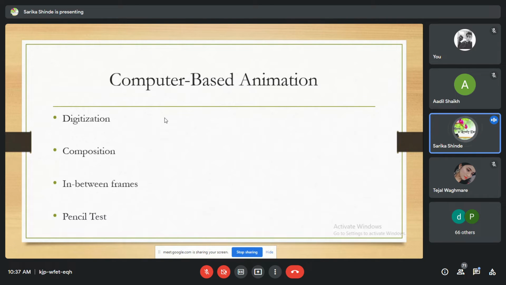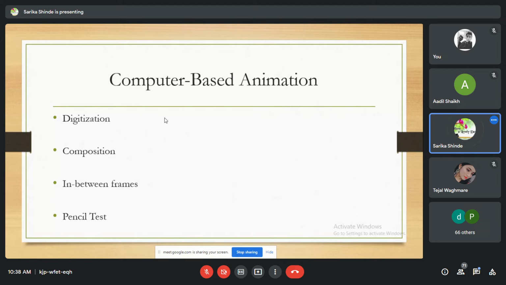Now, next is in between frames. In this step, successive keyframes are interpolated to generate in between frames. Depending upon the frame rate of the video, a number of frames are generated. A normal frame rate in a video is 24 or 30 fps. With 24, if we want to make a video of 10 seconds, then we need to produce 240 frames.